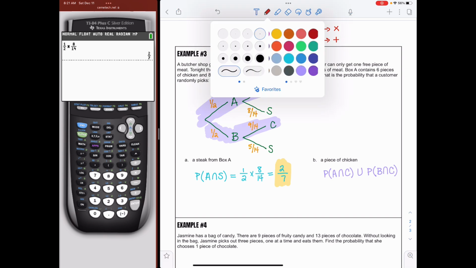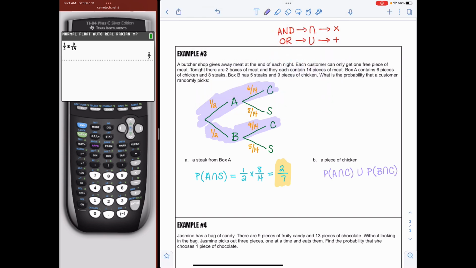So when I do that, I'm then just going to put my fraction. So the probability of getting box A and it's a piece of chicken will be 1/2 times 6/14. Or that means that we're going to add the probability of getting box B, and it's also a piece of chicken, which is 9/14. So when I put that in my calculator,